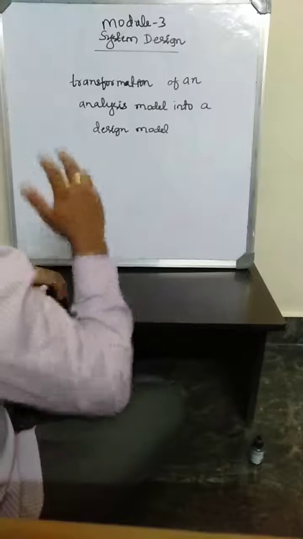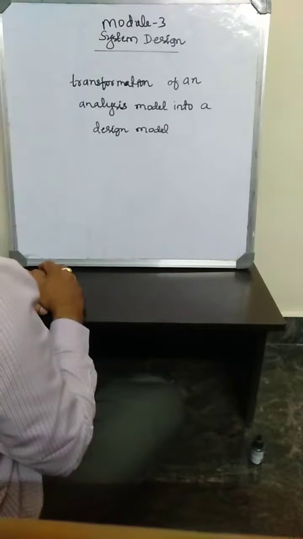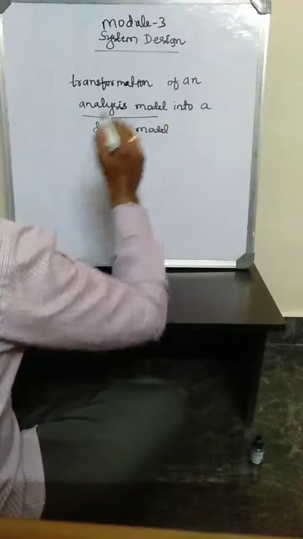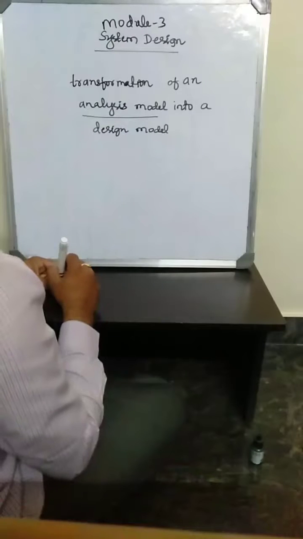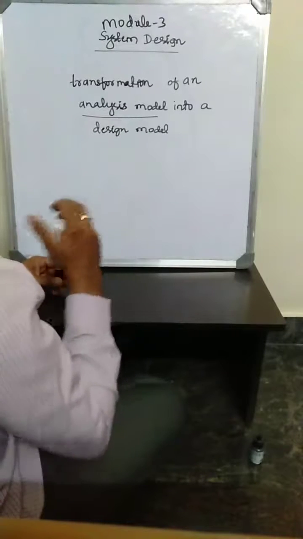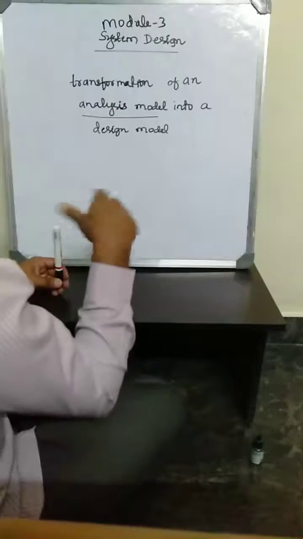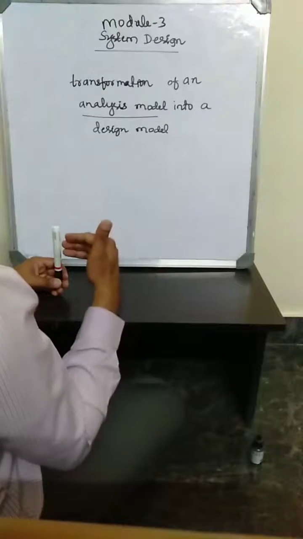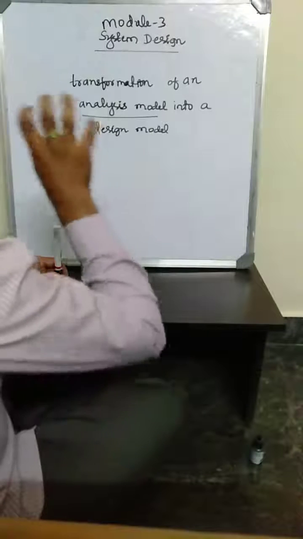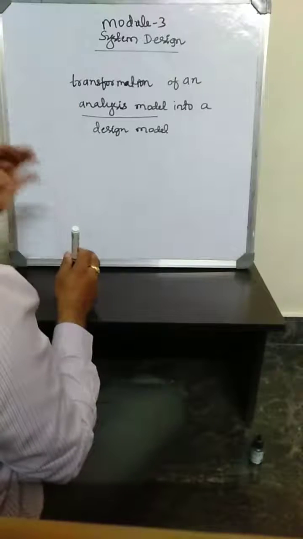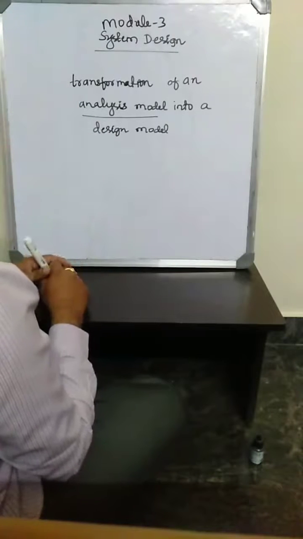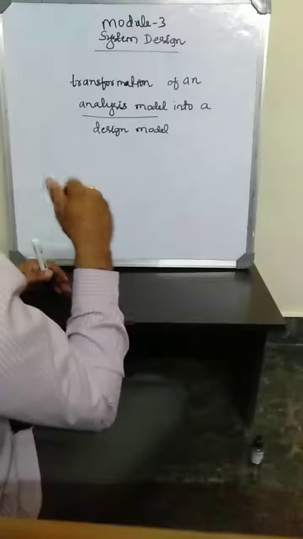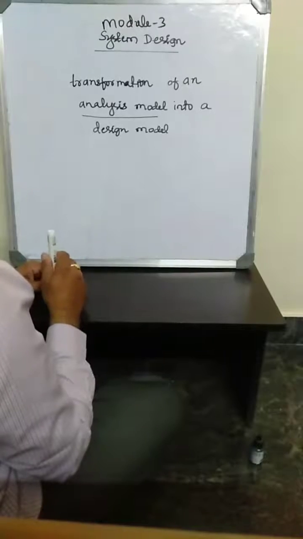It's a transformation of an analysis model. It is very important. Previously we concentrated more on analysis, requirement analysis, what exactly the user requires to build a system. It may be in terms of software, it may be in terms of hardware, right? So basically we need to have an analysis model, that is transformed into a design model. If we take one particular example,